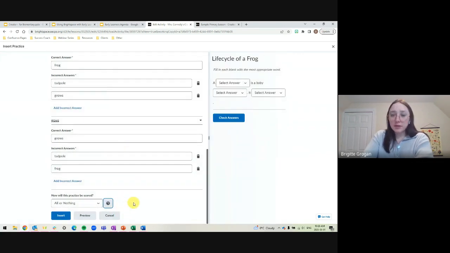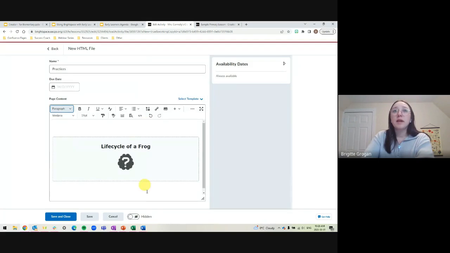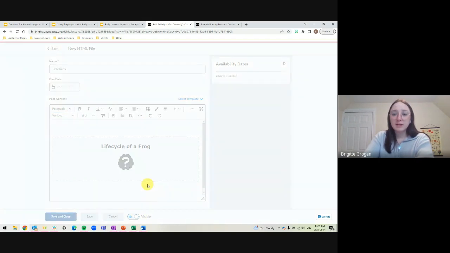The difference here between our elements and our practices is with our elements, we had to select preview and then insert. For inserting our practices, we have our insert button right here. So I can select insert. That's going to pop within here. I can save and close that. And then once that loads,